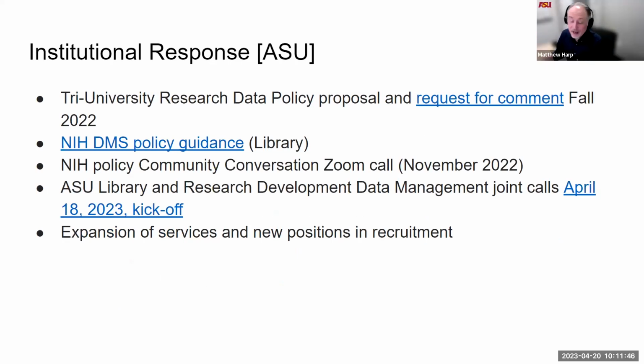Thank you, Jerry. So I'm Matthew Harp. I'm a research data initiatives librarian in the ASU library, in our unit for open science and scholarly communication. My work typically involves working directly with the research data management office at ASU, which is in the knowledge enterprise, and the research technology office. And we work hand in hand together on pretty much everything.